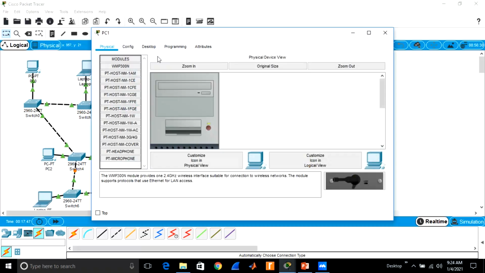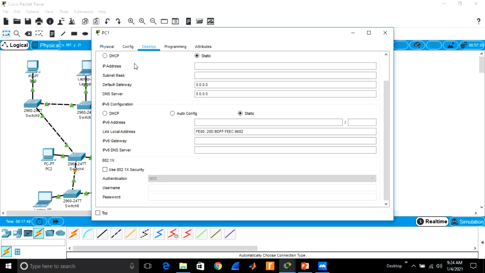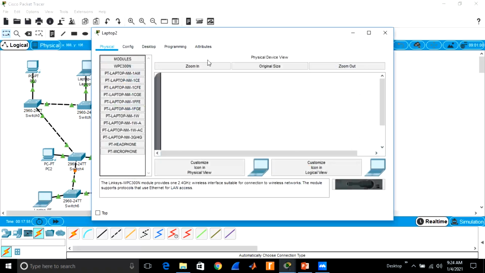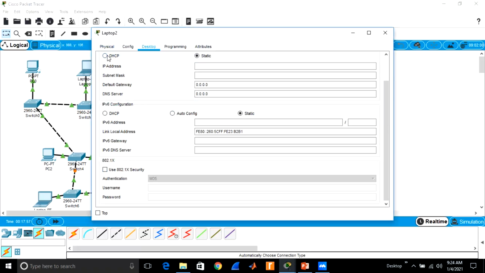So when you want to configure it, go toward desktop and just turn on the DHCP. So this is the benefit of the DHCP server. Without a DHCP server, we would have to enter this configuration at every computer.